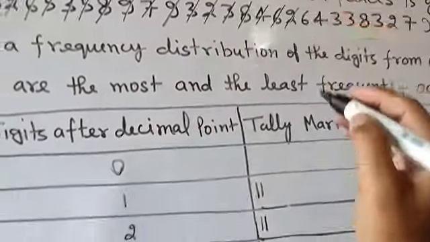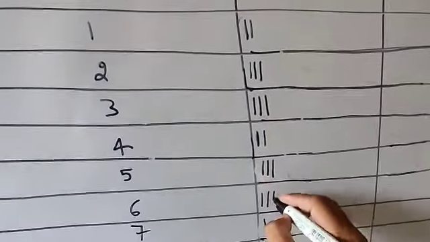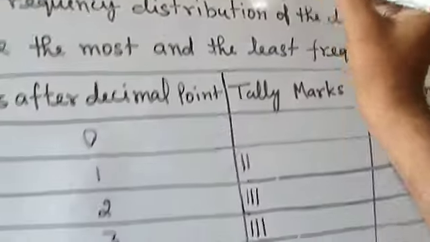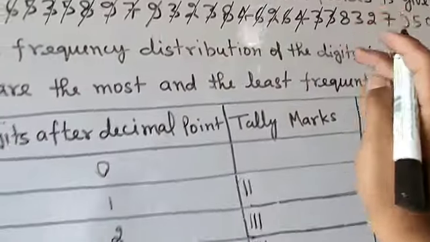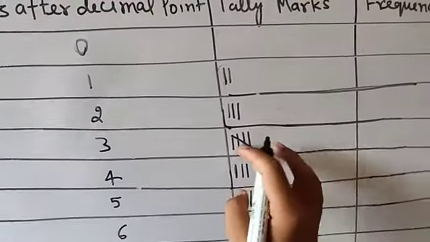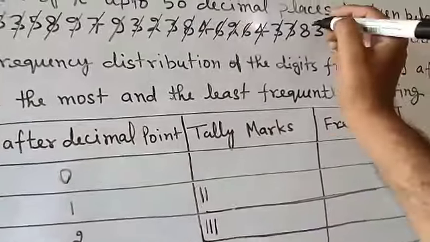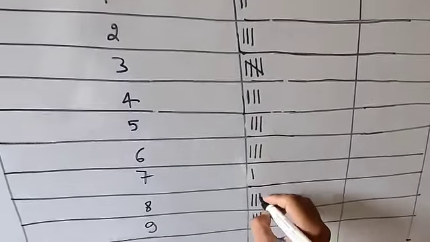Then 2, cut it and 2 is here. 6 and 6. Next 4, it is 4. Then 2, 3, 3. 2 times 3, so here 1, and for the second it is 4. So for the fifth you will cut it. Then 8, 1 here it is. Then 8 will be here.